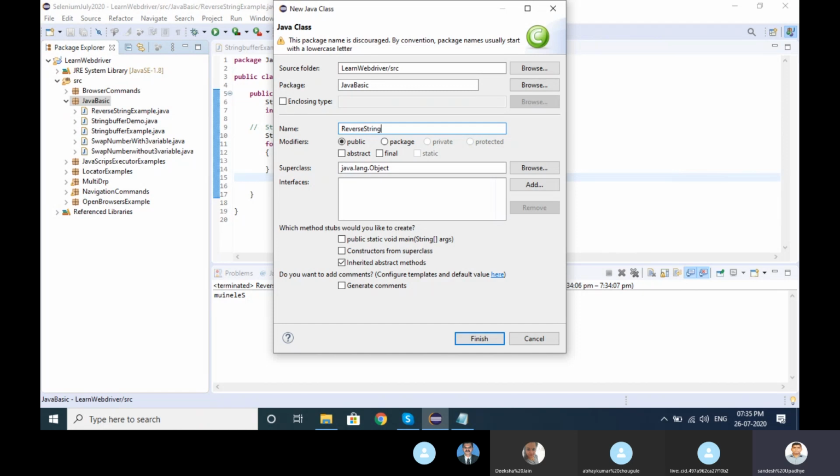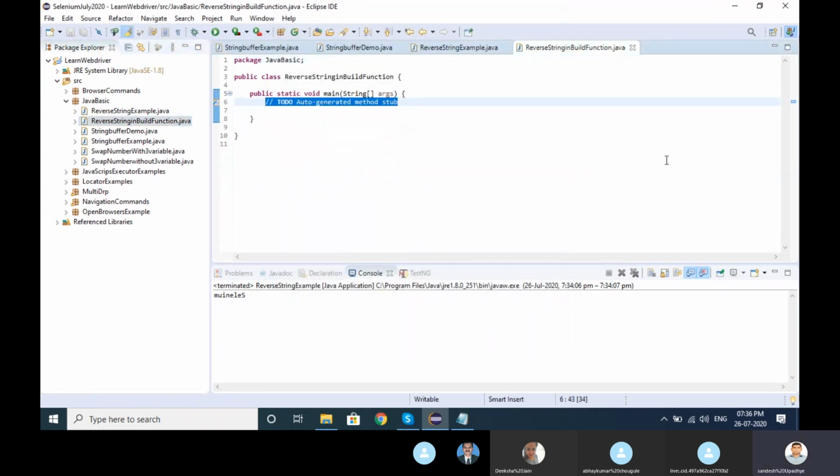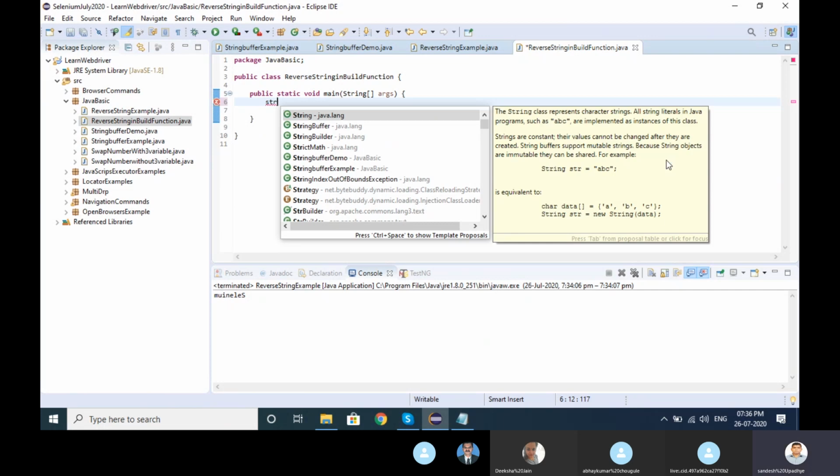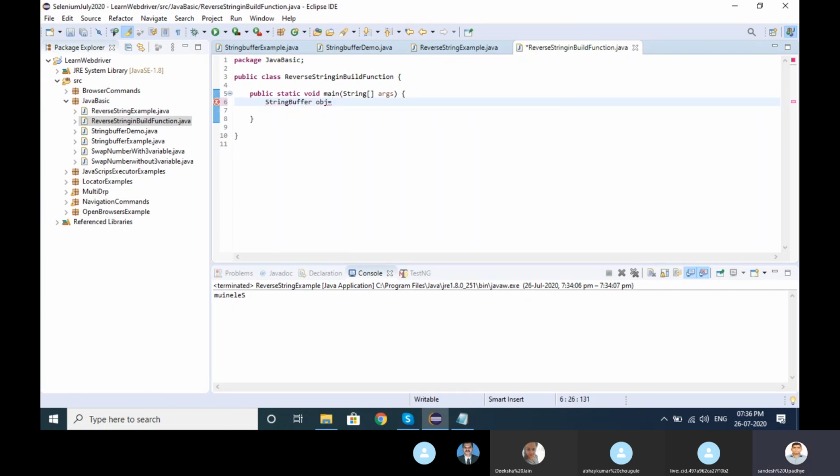Reverse string inbuilt function. StringBuffer obj is equal to new StringBuffer. I want to reverse the string Selenium.